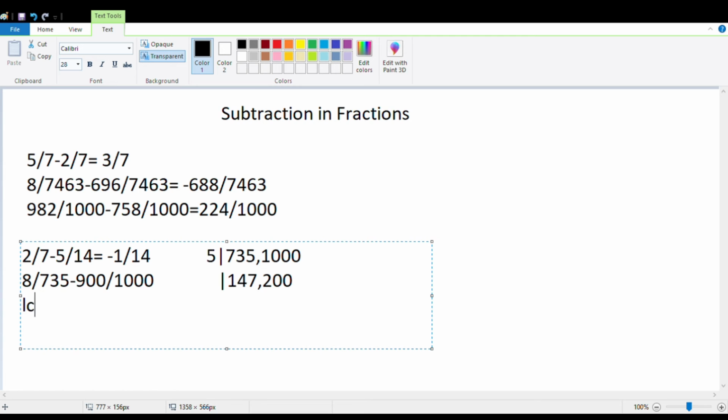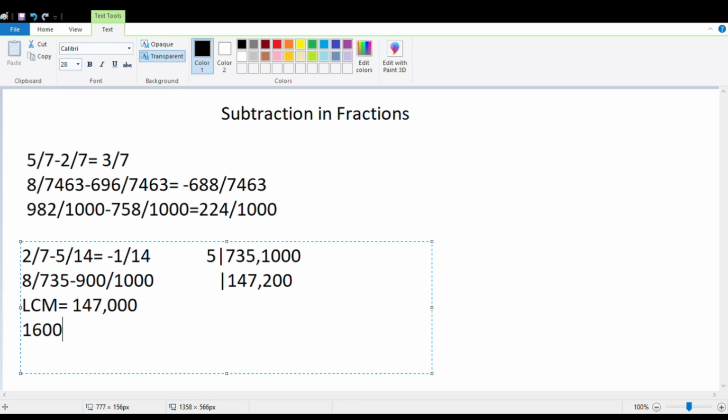So the LCM equals 147,000, and the answer is 1,600 by 147,000,